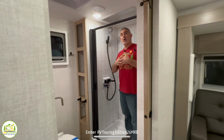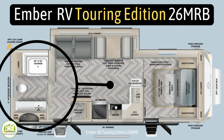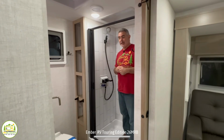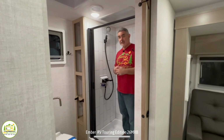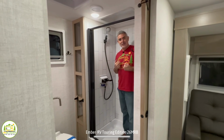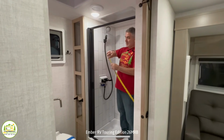So here I am all the way at the back of the travel trailer now, and I'm in the bathroom, which spans the whole entire width of this trailer. It's one of the biggest bathrooms I've ever seen in a travel trailer. It's really fantastic. Now, I'm standing in the shower like I usually am, and for you taller folks, the height inside the shower